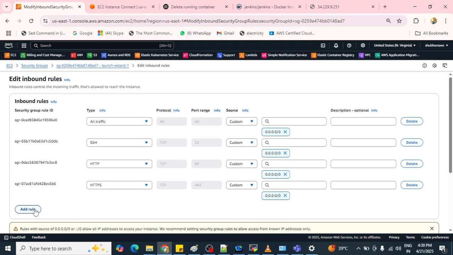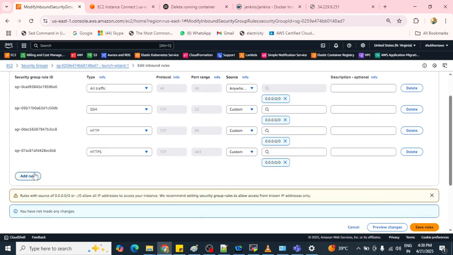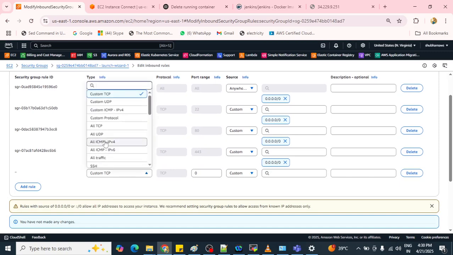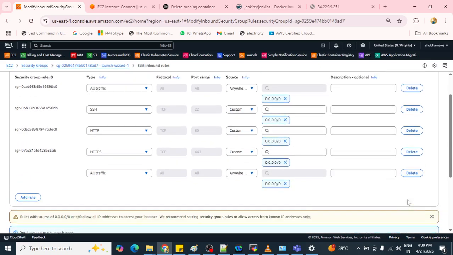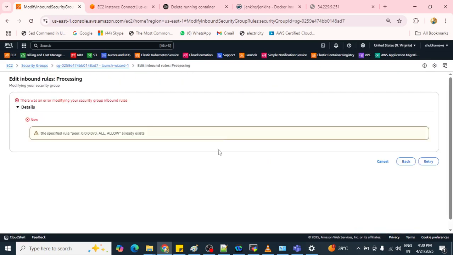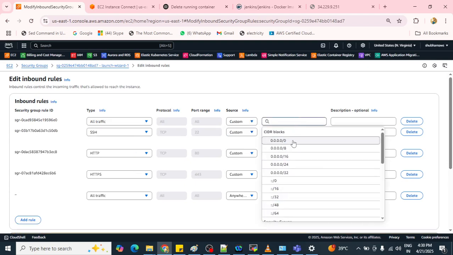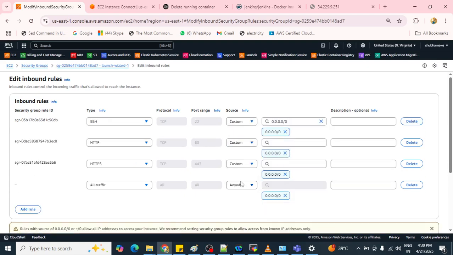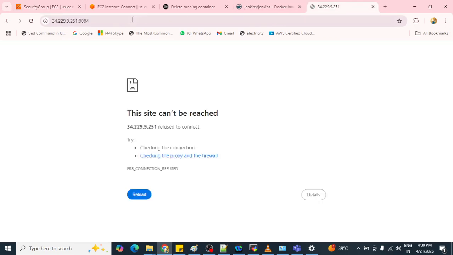I need to put all traffic for everywhere. Now save this rule. Okay, no problem. Let me make all traffic customized, everywhere. Save it. Again, delete it. Let me do everywhere. Save this rule. Try to refresh it.